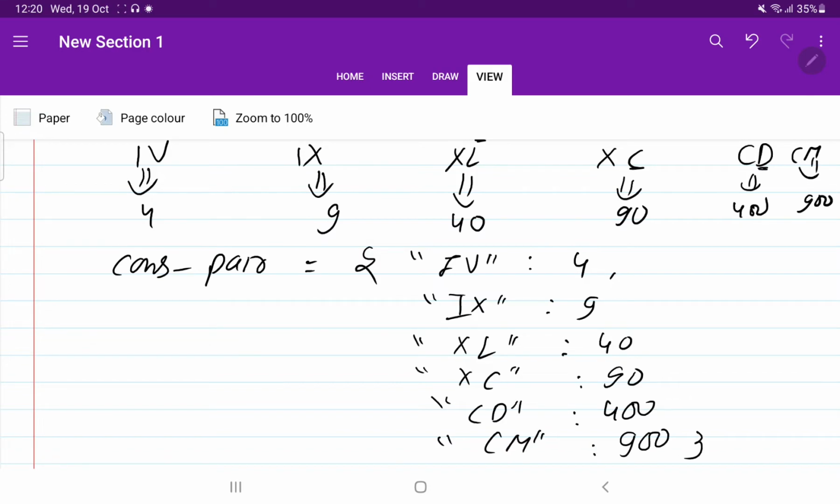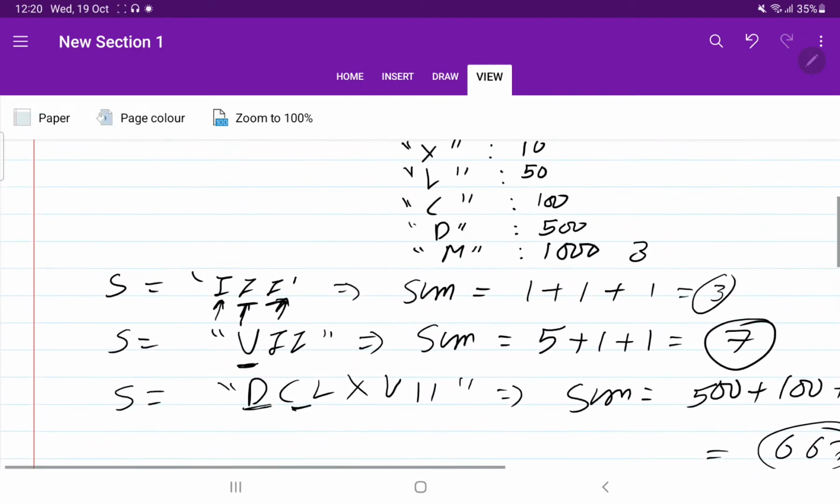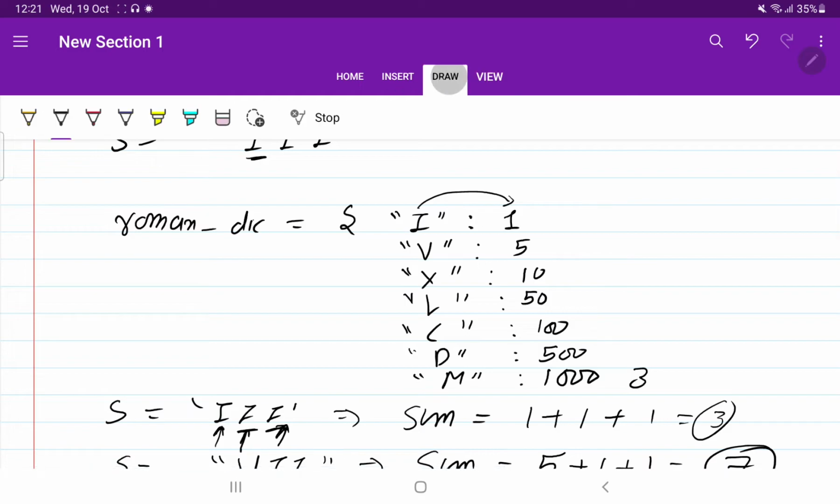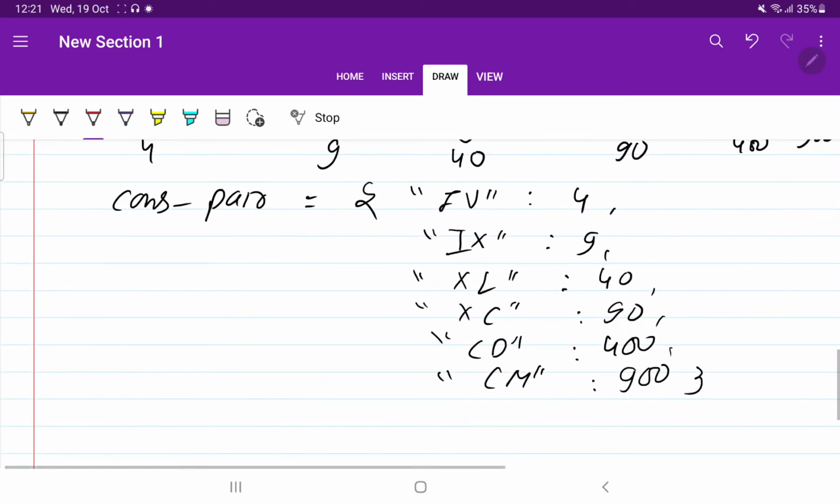So these are the two dictionaries that we have defined, correct? What was the first dictionary? The first dictionary was the Roman dictionary, which has all the definitions. And the second dictionary was the consecutive pair dictionary, which has the exception cases. So what we will do is, we will traverse the